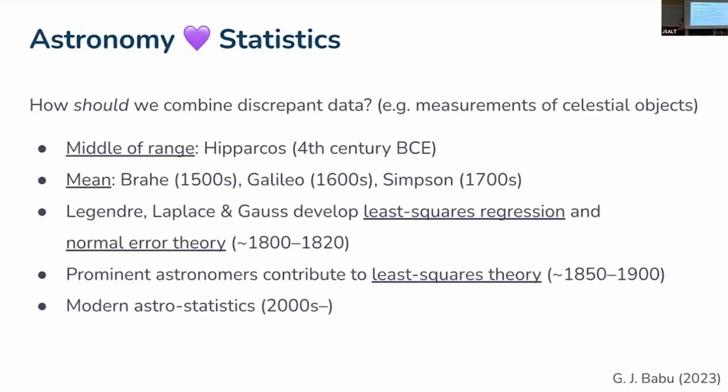But even as early as the 4th century BCE with Hipparchus, statistical techniques were developed for accurately combining measurements, either made by different people or people from different locations on Earth who basically reported, oh, I saw these kinds of signals. Like people have reported the detection of supernovae, even very, very early on. And so statistical techniques, I'm not going to go through all this. I actually kind of stole this slide from one of the pioneers of astrostatistics, Babu. You can see the citation there.